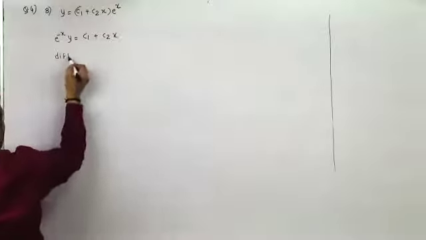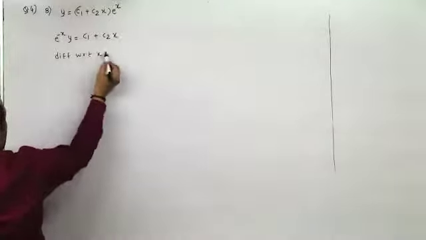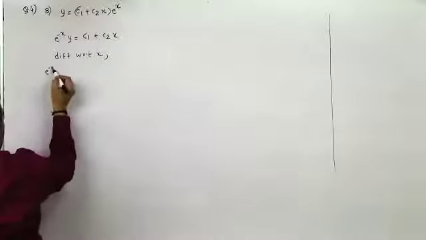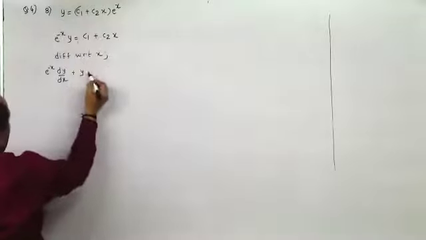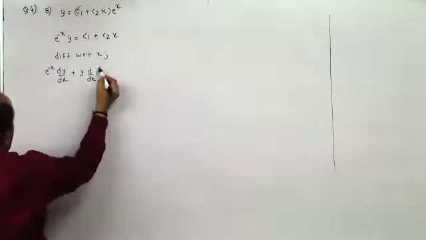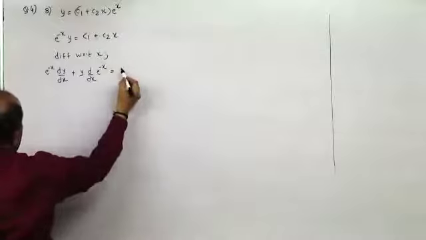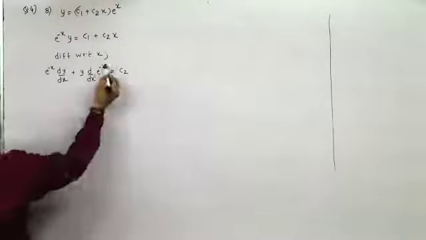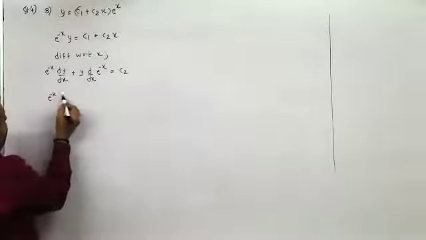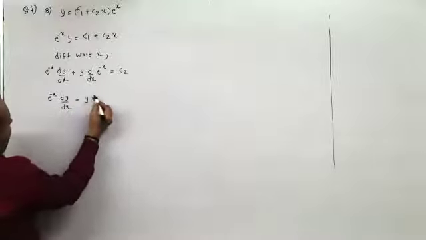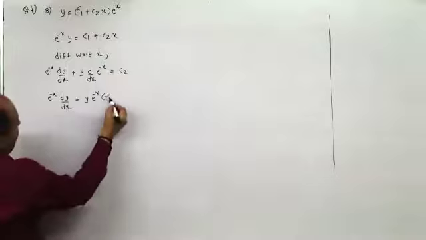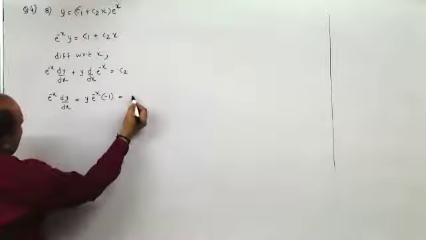When you differentiate it for the first time, you will get derivative of e raised to minus x into dy by dx, plus you would get y into derivative of e raised to minus x, equal to derivative of c1, which is 0, and this is c2. Now, what is derivative of e raised to minus x? It is e raised to minus x into derivative of minus x, that is minus 1, derivative of c2.